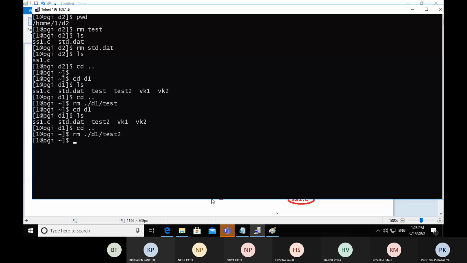Yes, the file test2 is removed. That means the remove command is working properly.